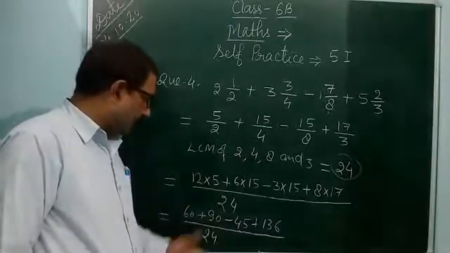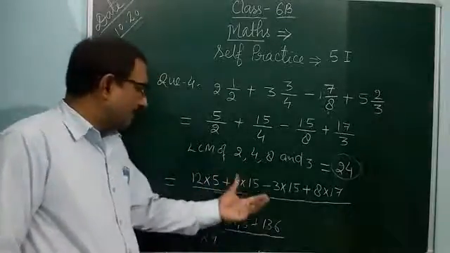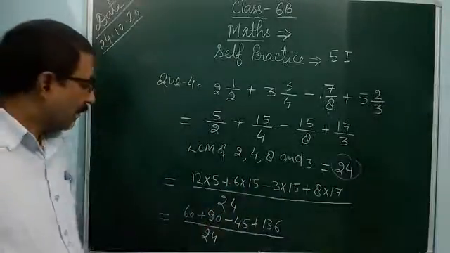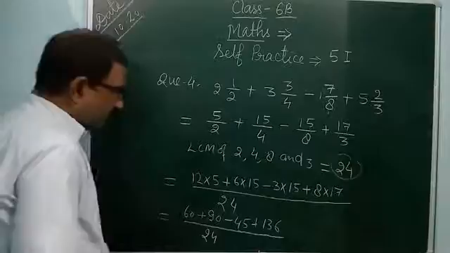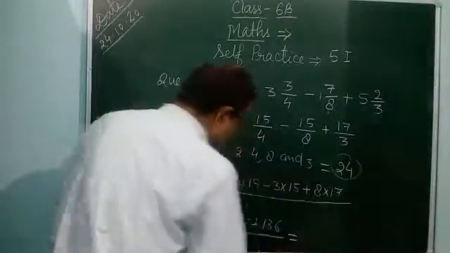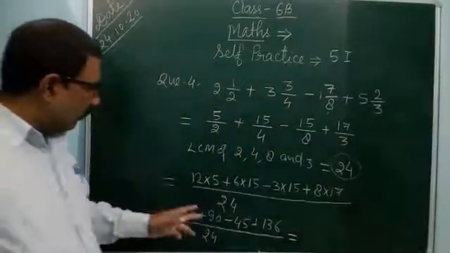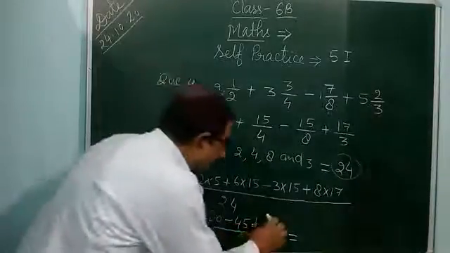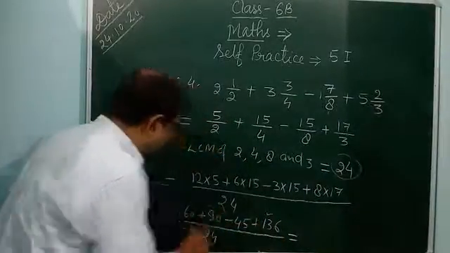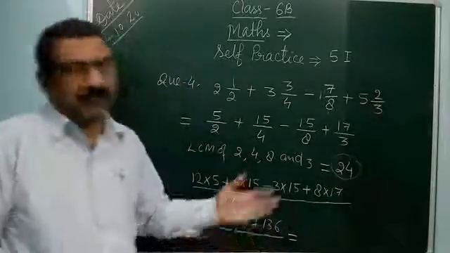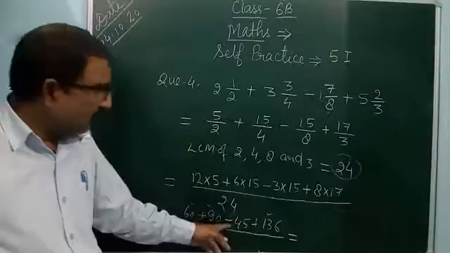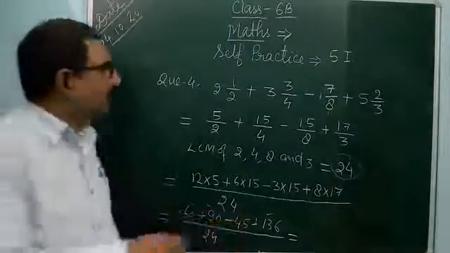So in this way you can multiply, and that result product you can write like that. After that, you see here two methods are there. You can take all the positive numbers like that, 1, 2 and 3, means 60, 90 and 136 together. After adding that, you can subtract minus 45. Like that, you can add together